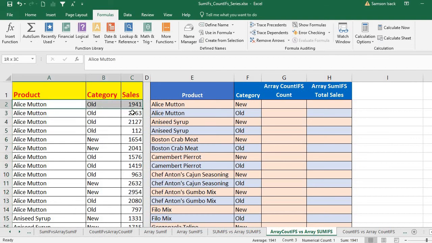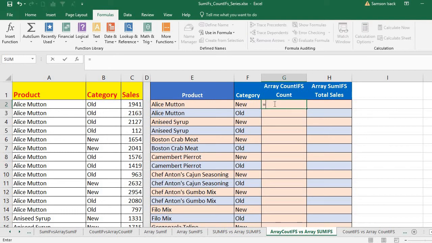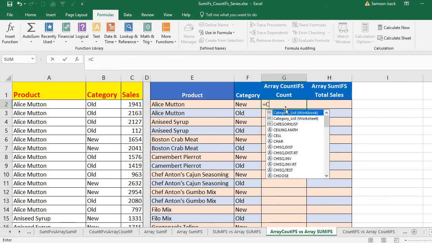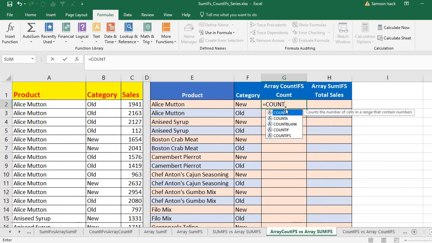Okay, now for the full set of data I am going to check for Alice Mutton and the category. For the product Alice Mutton, given category is new, what is the total CountIFS? Okay, how to do that? For the simple CountIFS,